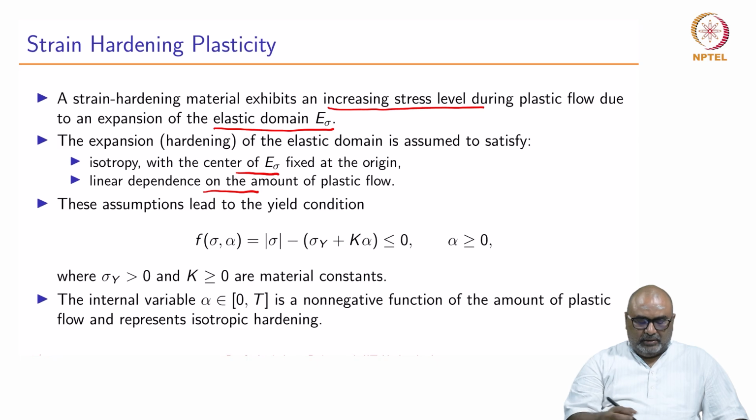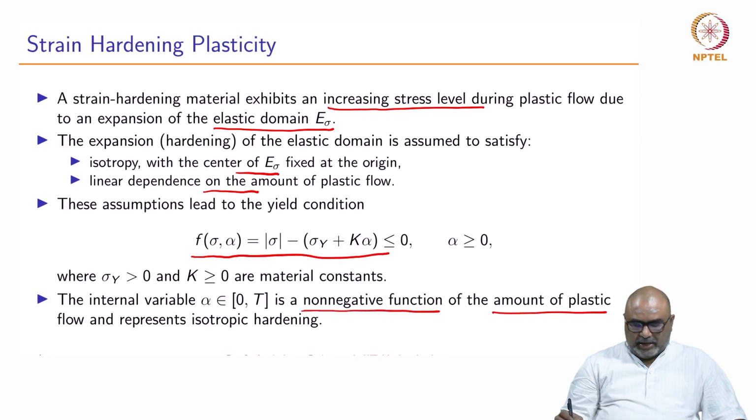So, because of that, one can write f(σ, α) = |σ| − (σ_y + kα) ≤ 0, where σ_y is the yield stress greater than 0, k is called the isotropic hardening modulus, and α is the hardening variable, an internal variable which is a non-negative function of the amount of plastic strain that is going to take place, and it is called isotropic hardening, and